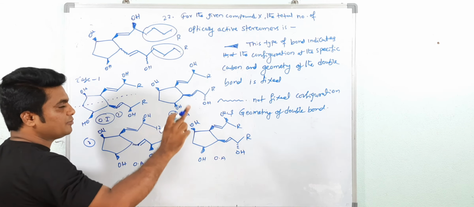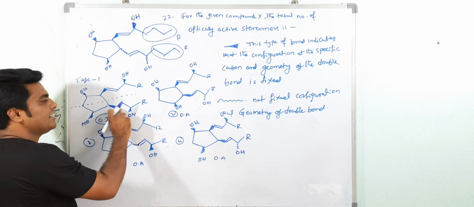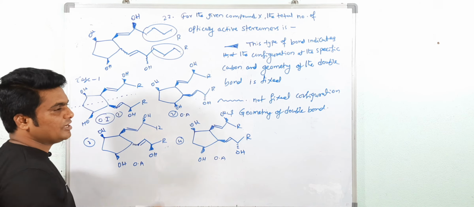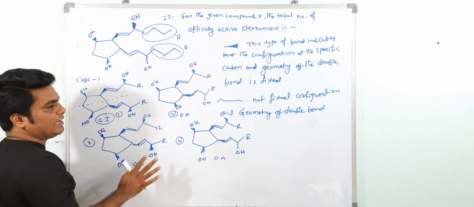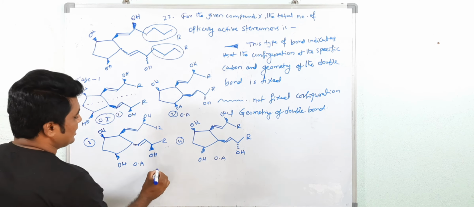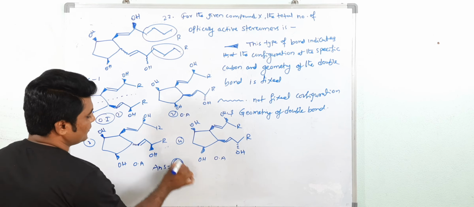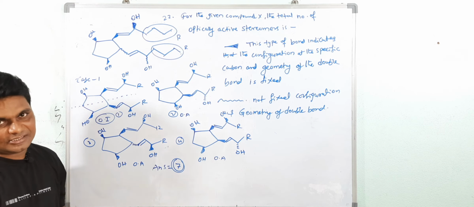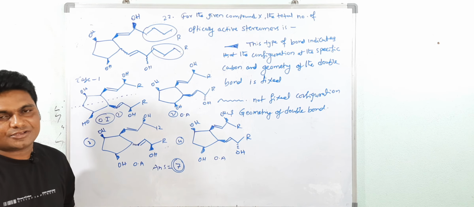Why? There is no plane of symmetry, because this is a trans pi bond. This is fixed. When it is cis, there is no mirror plane of symmetry and mirror image. It means in the cis case, all 4 are optically active. In the trans, only 3 are optically active. Total optical isomers 4 plus 3, 7. The right answer, optically active compounds, is 7. Okay. So this is the counting of stereomers based on chiral center and based on the monochlorination part.